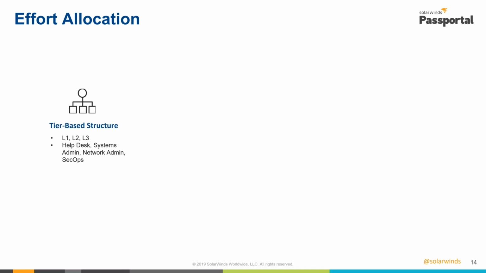So when we looked at effort allocation, the first thing as you're growing your MSP and your business is implementing a tier-based structure where you can have the appropriate skill set of a technician working on a suitable task based on their skill set. So you may need 2 or 3 level 3 people in order to keep up with the flow of those complex high-end issues. And maybe you need, as your business is growing, 5 to 10 level 2s and then 10 to 20 level 1s, because the amount and the flow of tickets at each level is different.